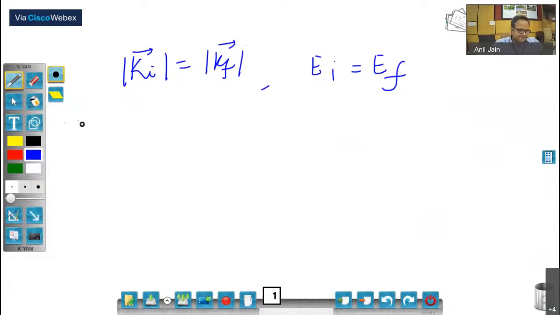So I can write plus goes to plus, meaning your up spin goes to up spin after scattering and down spin goes to down spin. This I can write as